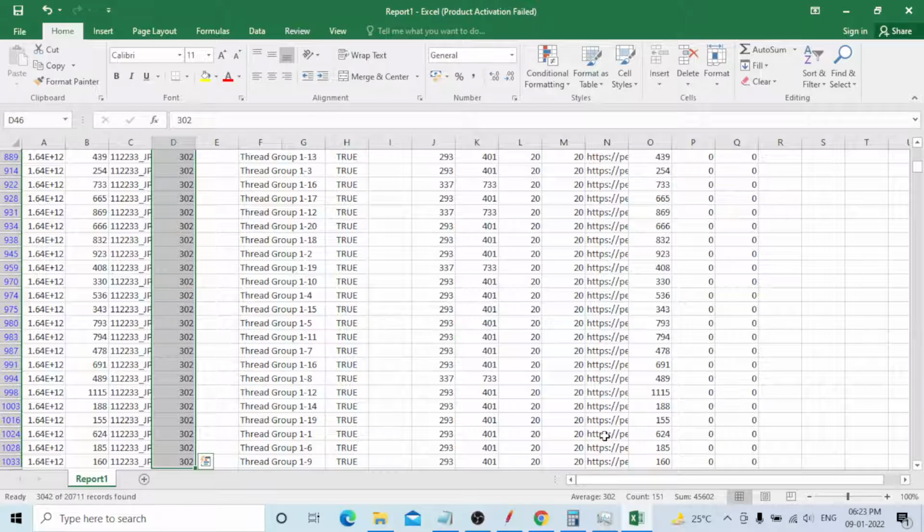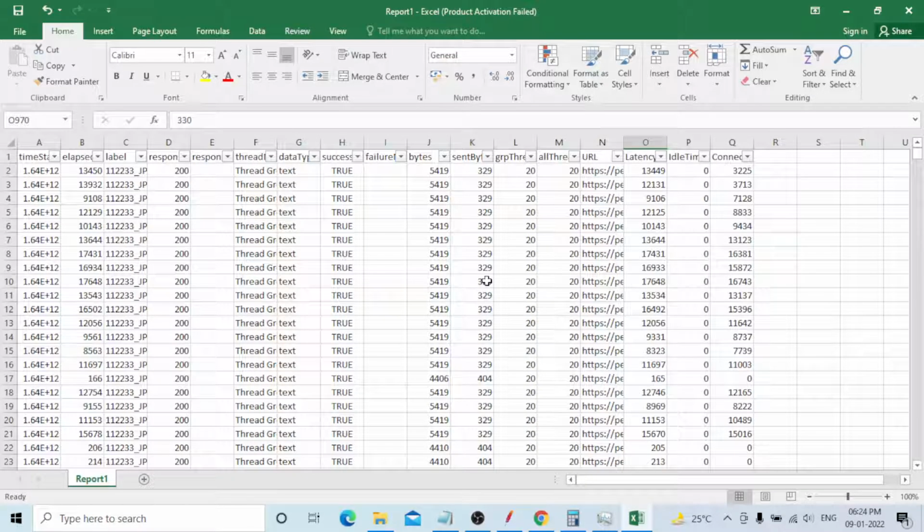Okay, that is the way you need to sort all the things. And failures, we can go. Okay, just a minute, I will clear this one. Now I need to go to failure. There is nothing for failure, true or false. You can select only true, there is no false.